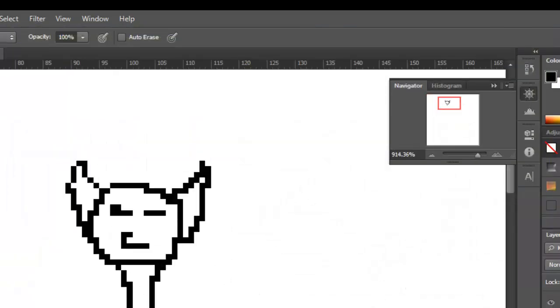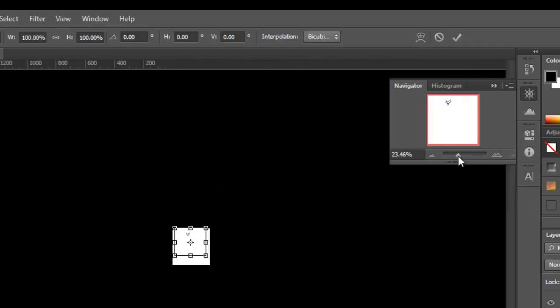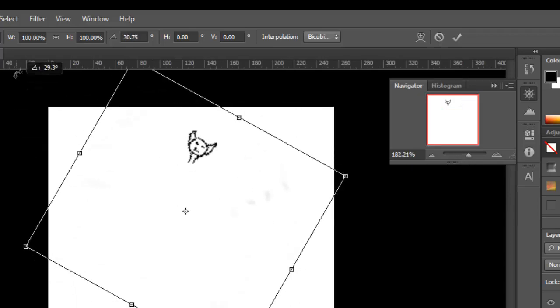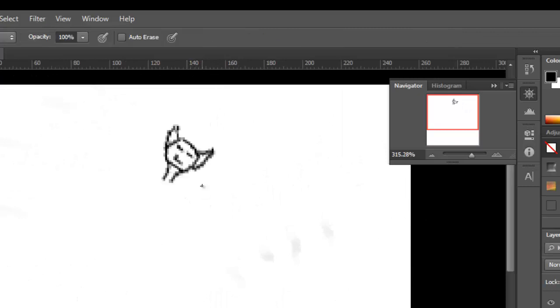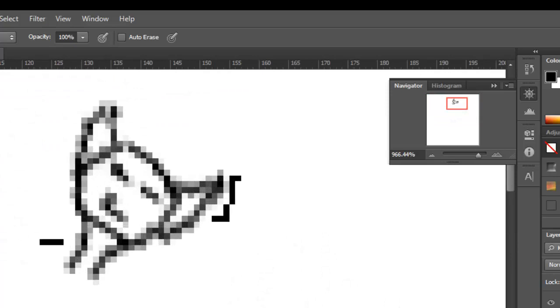So as we said, we kept our content separate from the background white layer. Now, say I want to rotate him. And this is pixel art, keep in mind, so I want to keep everything sharp. I hit my Control-T hotkey to bring up the transform tool. Great, and then I rotate him to where I want him to be, and I hit enter. Well, what's just happened? Well, what's happened here is that when I rotated him,